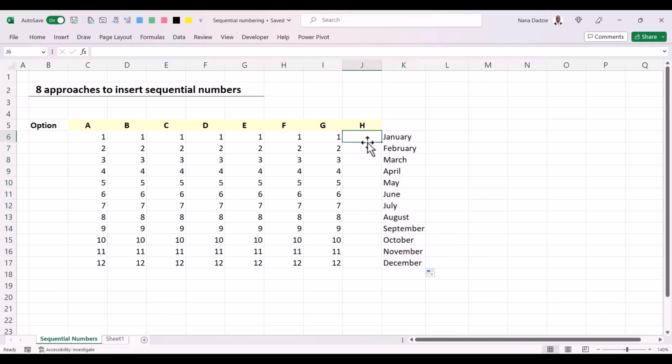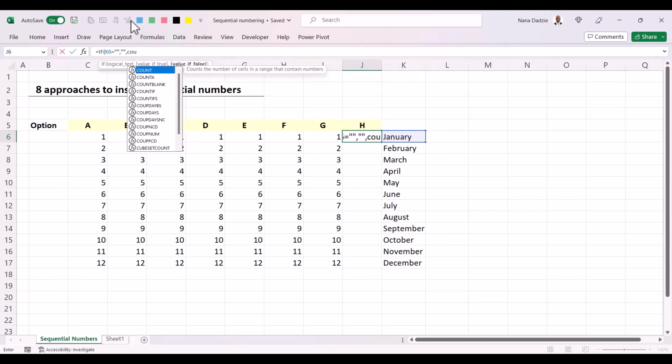Then just beside January, I insert my formula, equal to IF. We are going to combine two functions, IF and COUNTA. So if January, whatever value we have here, is equal to nothing, or there's no data, or it's empty, we represent that with a double quote. So if K6 is equal to double quote, or empty or nothing, then we do not want to see anything. Again, empty, that's double quotes. Otherwise, we want